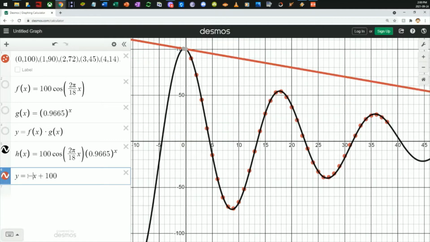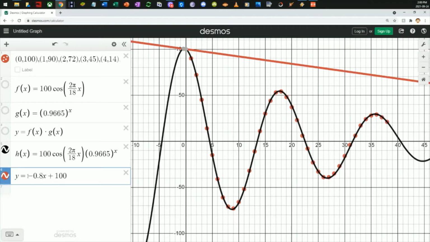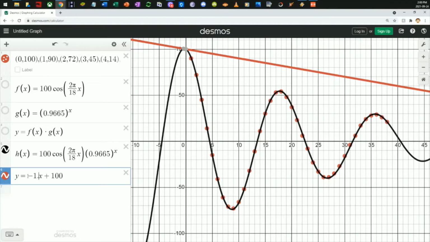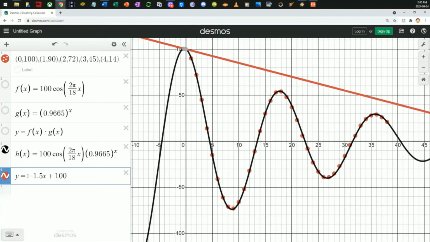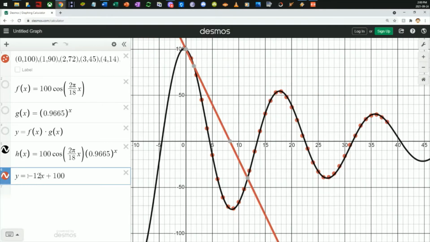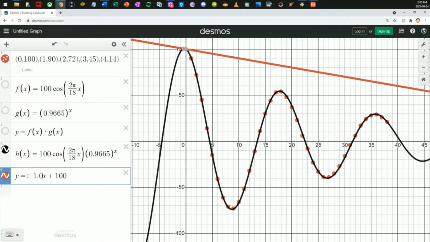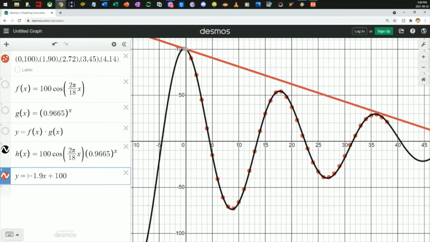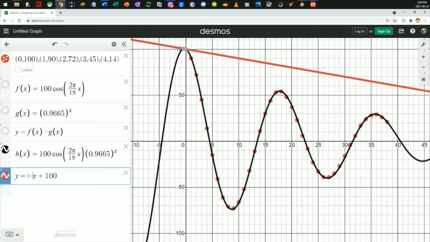I did negative 0.85. Oh wait, not a decimal, bigger than 1.5. 1.6, 1.7, 1.8, 1.9, negative, oh, 1.9, negative